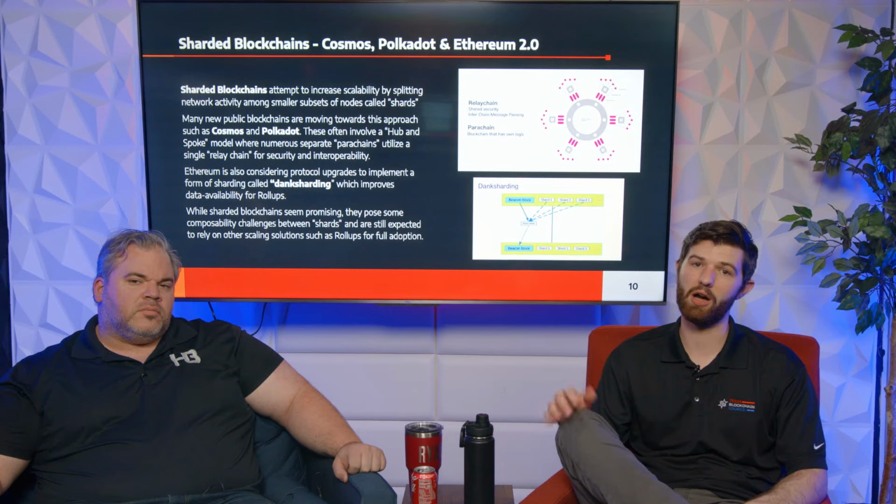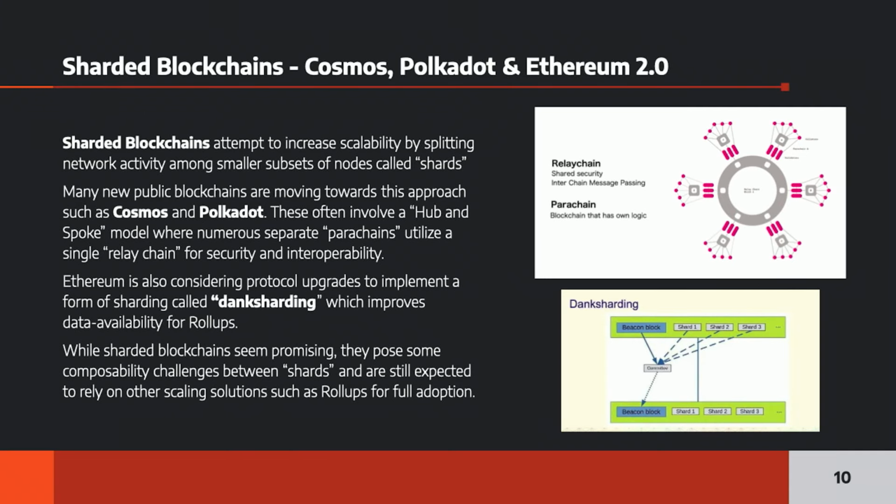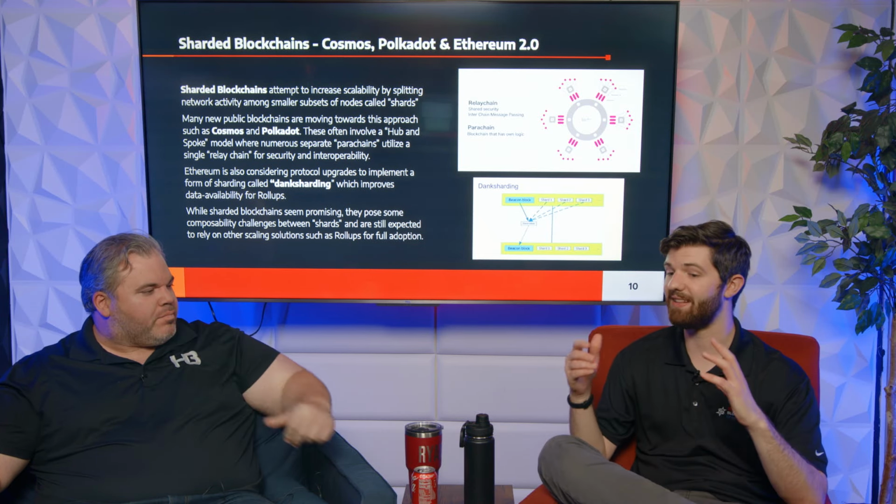So Cosmos and Polkadot are both kind of proposing this hub and spoke model where there is a relay chain. There is a chain that is going to act as kind of the main coordinator. But a lot of the activity is going to happen on these sharded blockchains. You could almost think of it as a side chain, but it is explicitly supported. It's tied into the protocol. So unlike a side chain where you're not getting the security and decentralization guarantees, you are getting the security and decentralization, in the case of Polkadot, with what they call a parachain or a sub-chain or whatever you want to call it. So that's the idea.